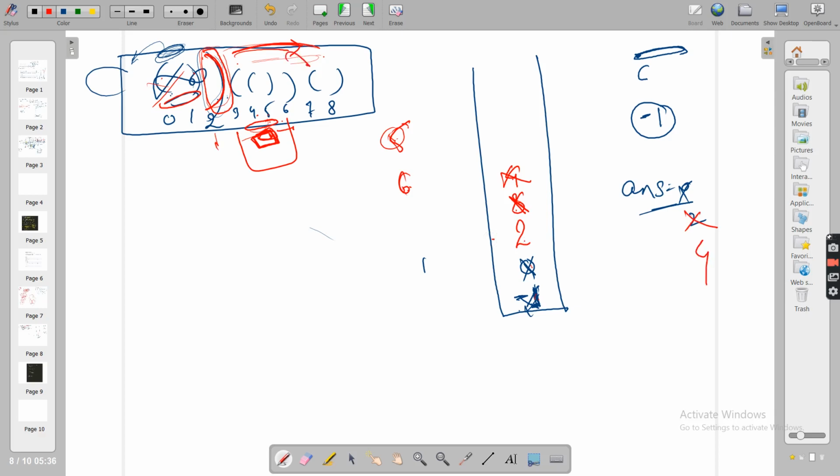Now go ahead. 7 is an opening bracket, you put 7 here. You got 8 as a closing bracket. So 8 will ask in this stack whom should I pair up with. You got the answer that you should pair with 7, and you saw that all these indexes were removed, which means they were all continuous part of this long valid parenthesis. So this 8 will say that okay, 7, you are part of me, all these indexes were part of our chain, but who is the last index not contributing to us? It is 2. So 8 minus 2, which is 6. So 6 will be your answer.